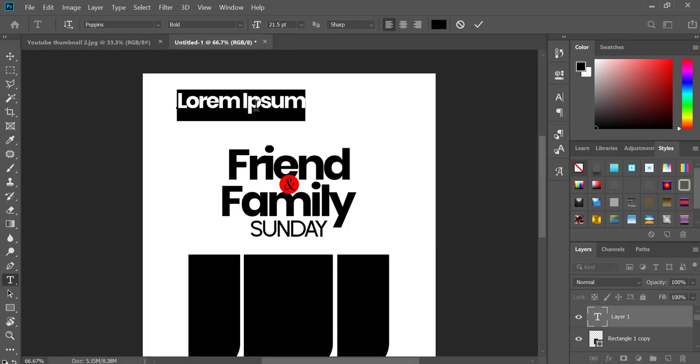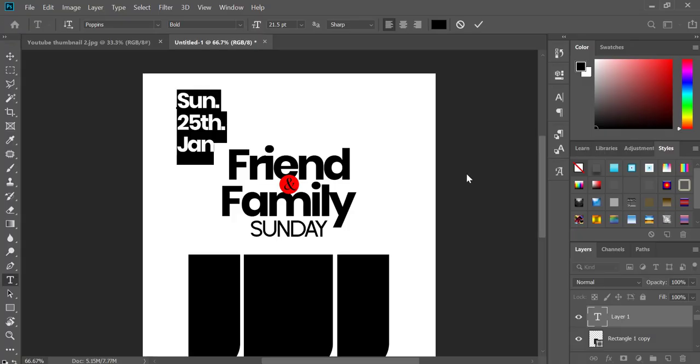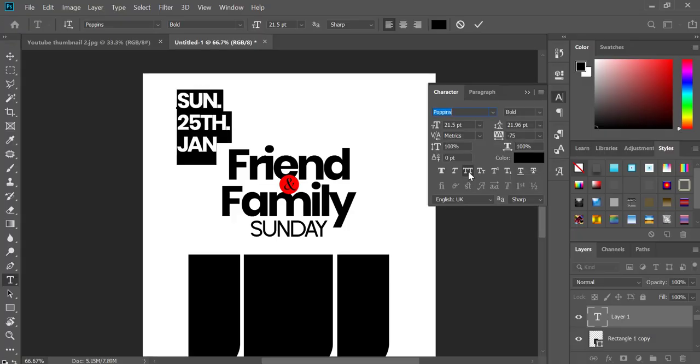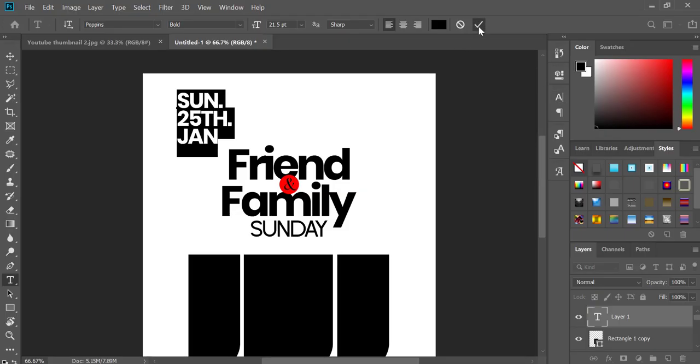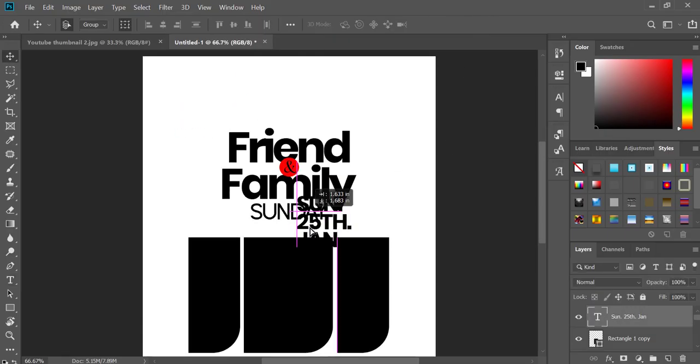So I'm going to write the date Sunday, right, 25th, right, January. So I am going to put it in caps. Then I'm going to adjust the leading to ensure that they are close to each other. All right, so maybe the tracking is too close. Okay, I'm good. All right, I'm going to bring it here,